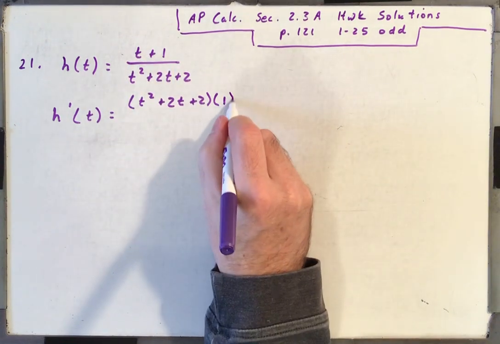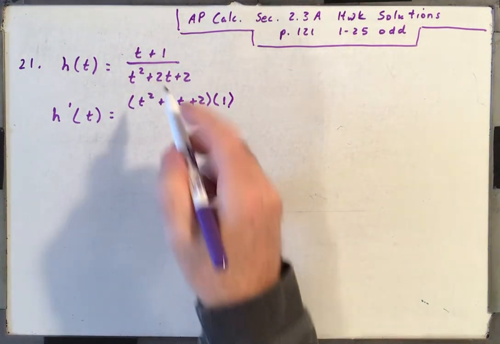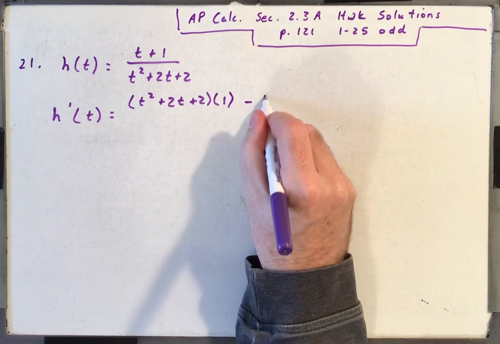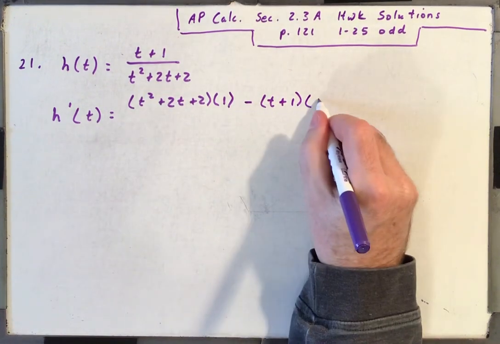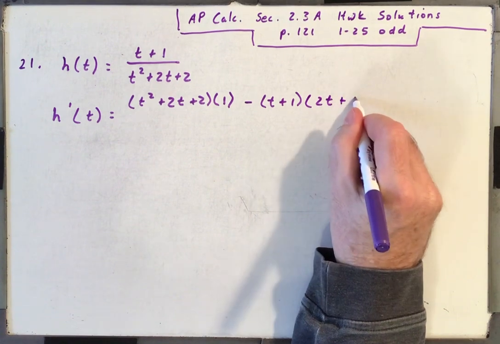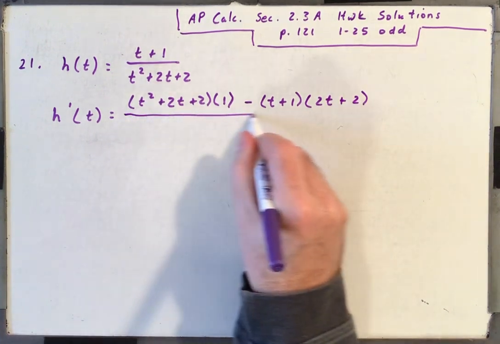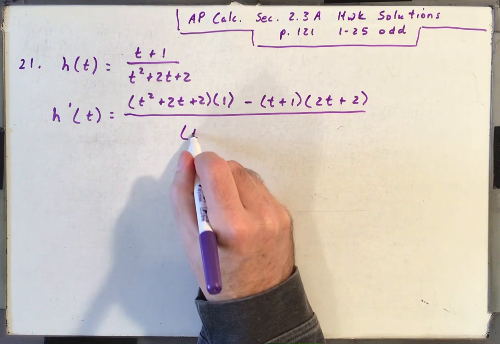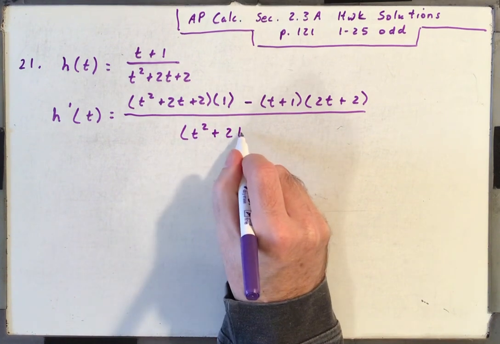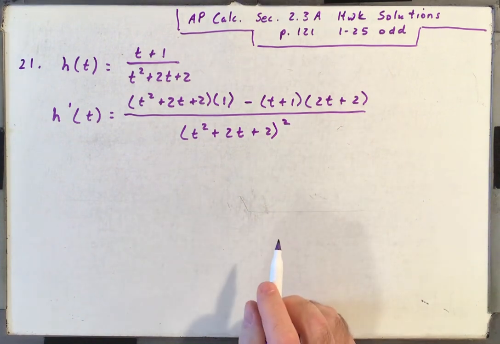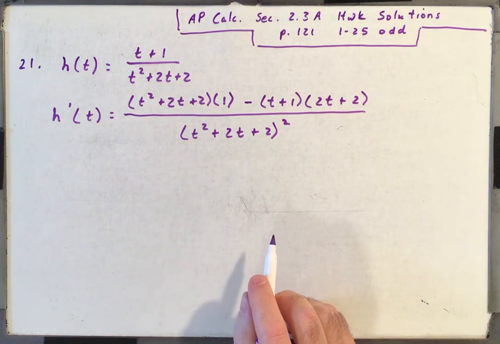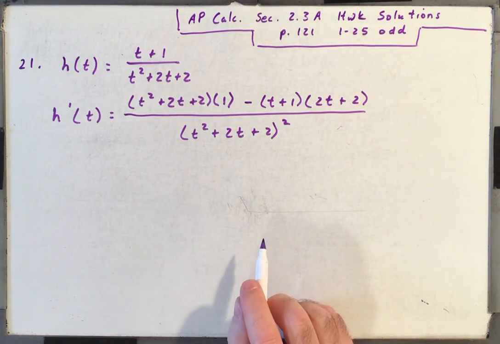I'm going to go ahead and write it, but you actually don't have to write it, but the derivative is 1. Minus the top, t plus 1, times the derivative of the bottom, 2t plus 2. All over the bottom, t squared plus 2t plus 2, all squared. There you go. Leave it like that. Don't try to simplify it,